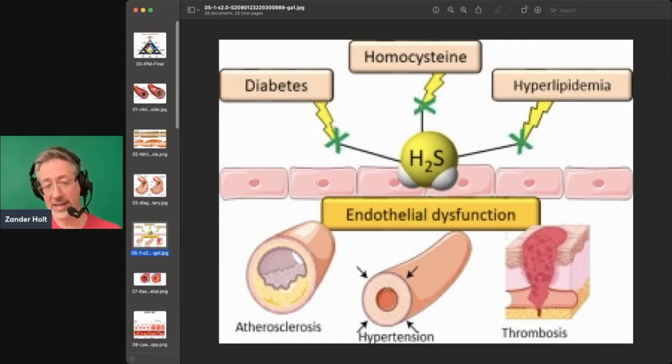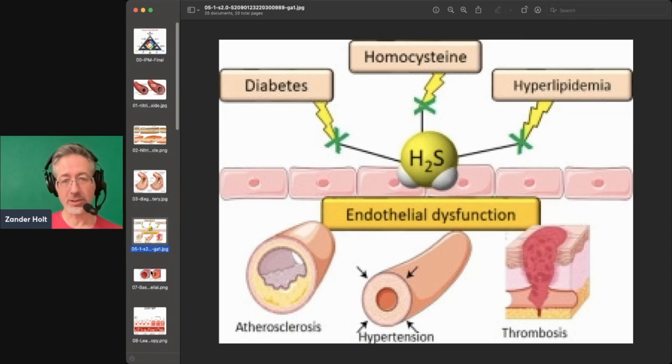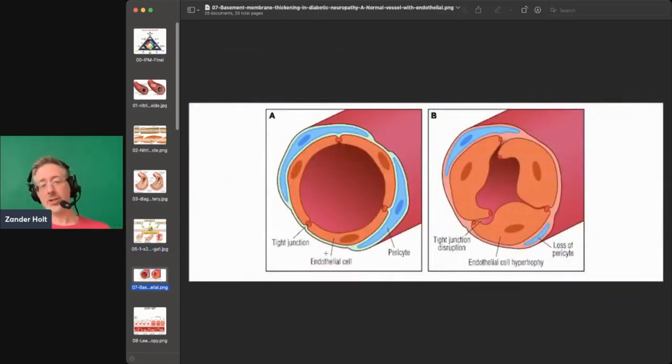and you see how it narrows the center of the blood vessel. Once again, less blood can get through when you have high blood pressure because of that. And then there's a thrombus, which is a type of blood clot that can get in there from a damaged endothelial layer. And these can be downright dangerous because they can break loose and they can be a big problem. All right, so let's go on to the next one right here. So this shows the